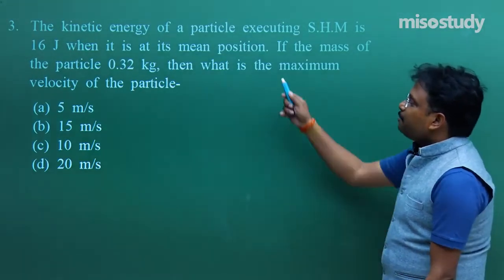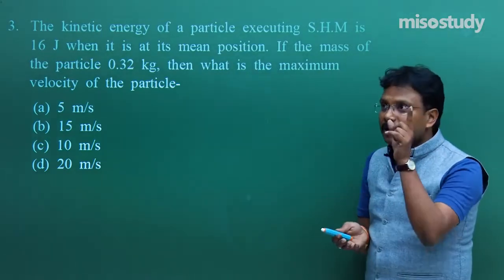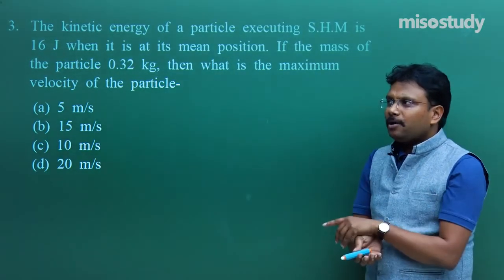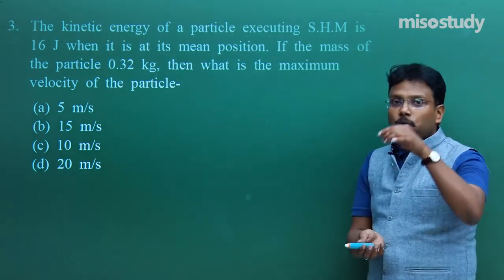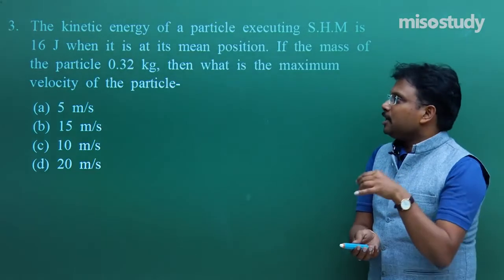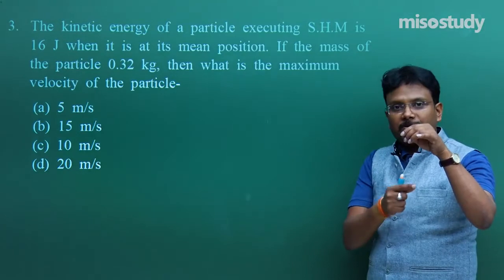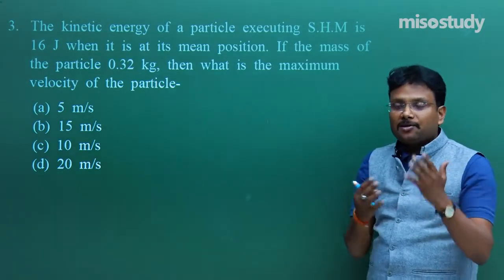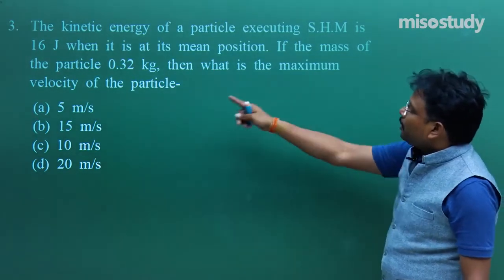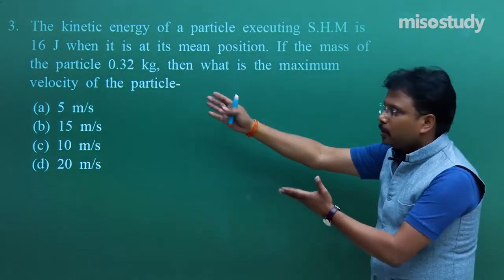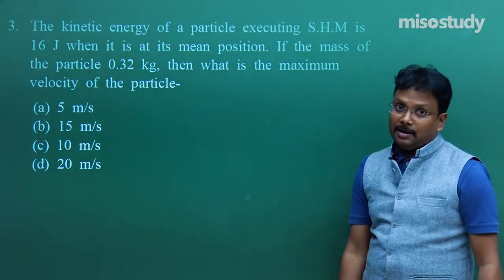When it is at its mean position, because each term has its own meaning over here. Mean position, then it should come in your mind, what is the meaning of mean position? Okay, during the regular lectures, I even used a simple pendulum, and almost in every lecture I used to show the entire situation, mean position, maximum displacement using that pendulum, just because of that reason, so that the picture should be in your mind. Now, at mean position, if the mass of the particle is 0.32 kg, any number, then what is the maximum velocity of the particle?